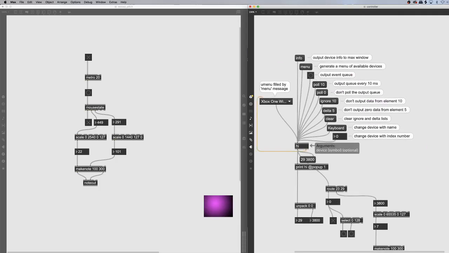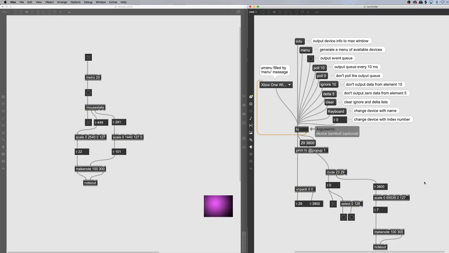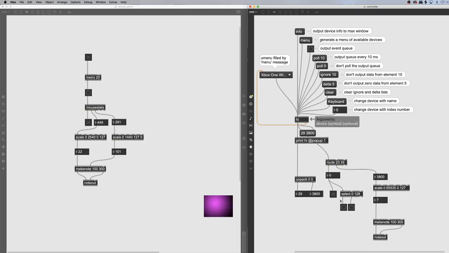So if I open this up, the one thing that I didn't put in the presentation mode is this other button I routed, the A button on my controller. If I press the A button, you can see this toggle and this number box will light up. So this A button is the 23, and the analog stick